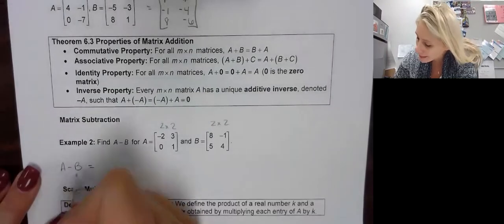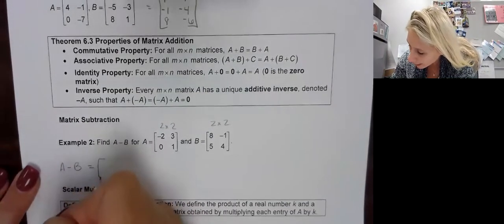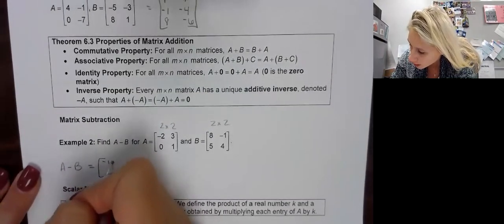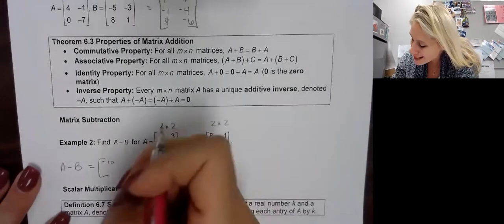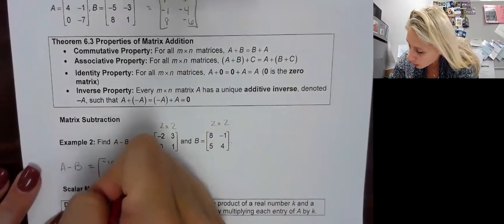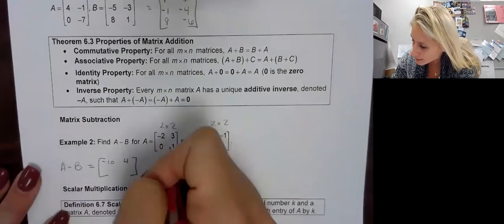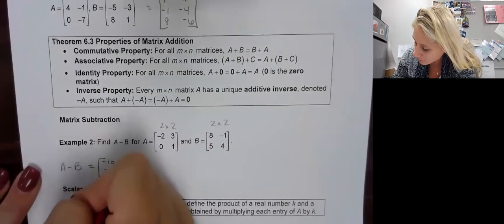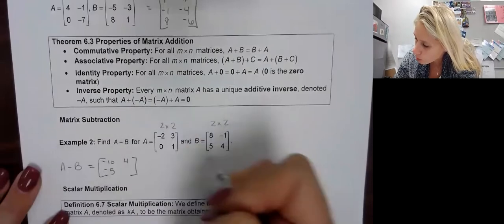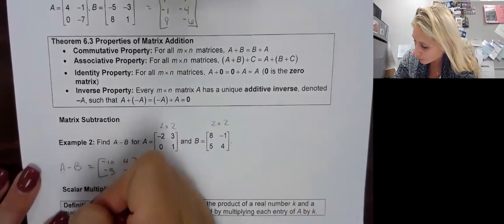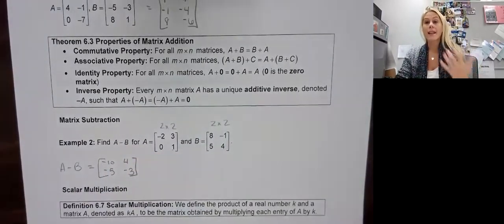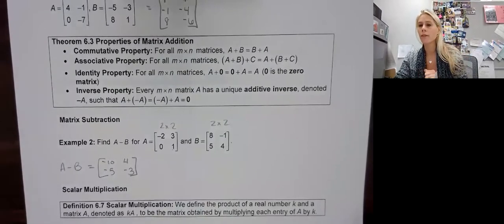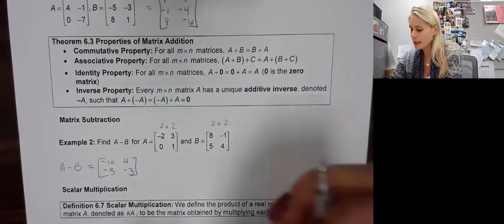-2 minus 8 is -10. 3 minus -1 is 4. 0 minus 5 is -5. And 1 minus 4 is -3. Again, if you are good with your subtraction and everything, that's going to work wonderful. But if you know that you messed up on your subtraction a lot, it's going to be easier to do this,